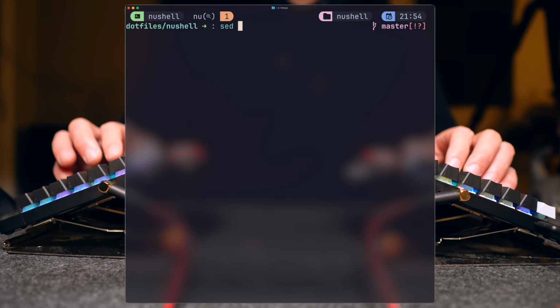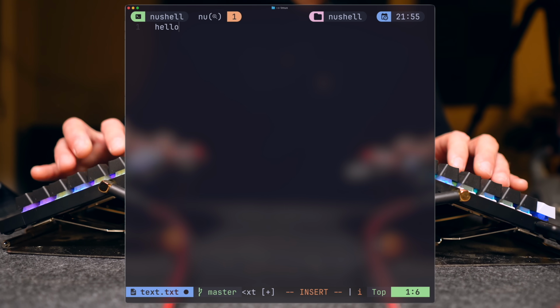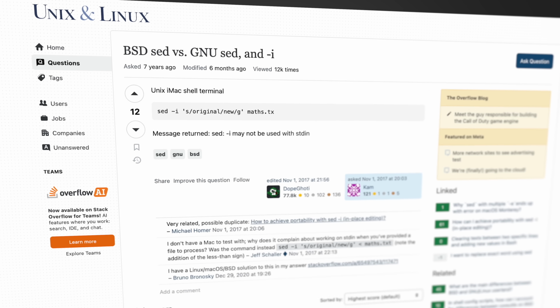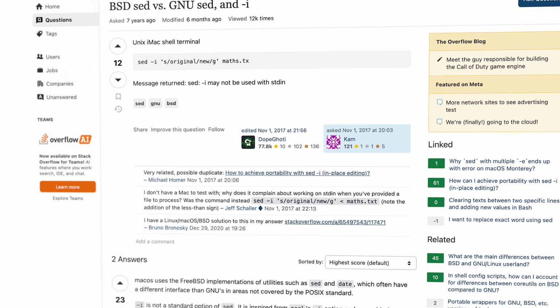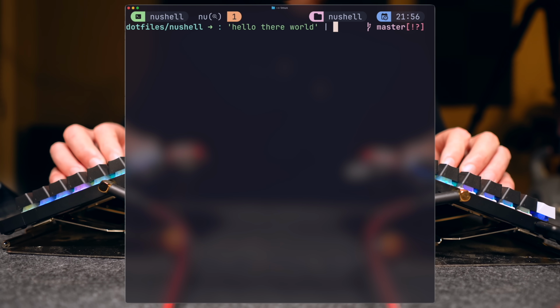I use sed quite frequently, especially when scripting things. Sometimes I'd throw it into NeoVim just to run the search and replace within it, because I can't recall the exact syntax and flags that seem to differ between Linux and macOS. If someone, by the way, can explain the genius move of not keeping the same flags with the macOS version of sed, I'm listening. Anyway, here's the Nushell version of that.